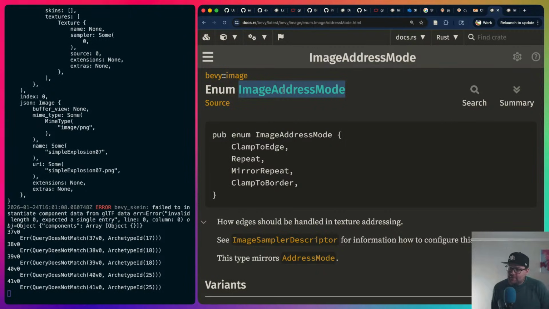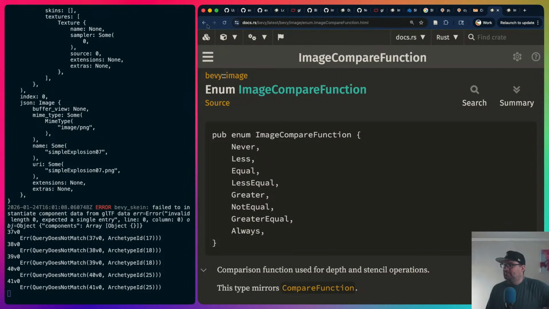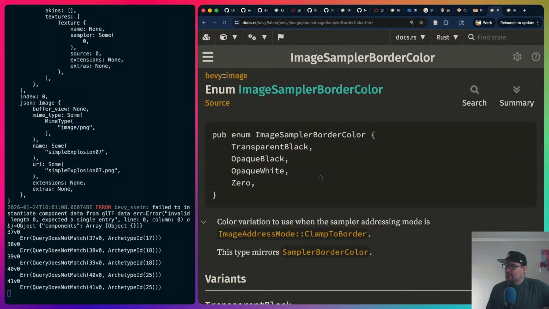We might even be able to actually just use these directly. Trying to think of if that would be useful or not. I'm trying to think of if we use these directly, right? If I say this is going to be an image sampler descriptor, does that cause problems? You really won't get the defaults and stuff. But if we're going to go with Bevy's representation of a sampler,